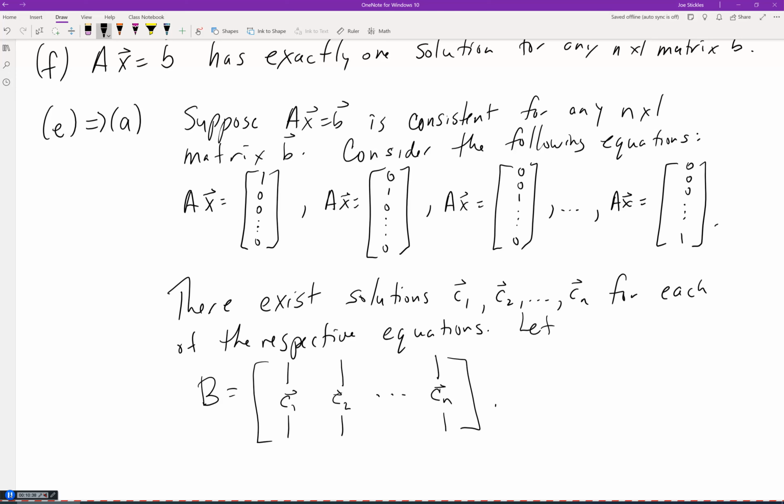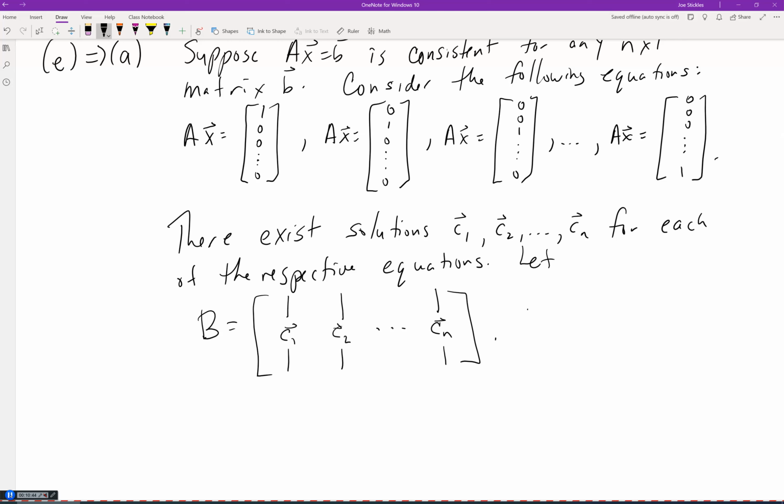Okay? So now when we take A times B, that's A times this new matrix that we just formed,